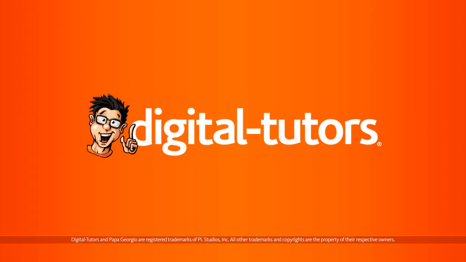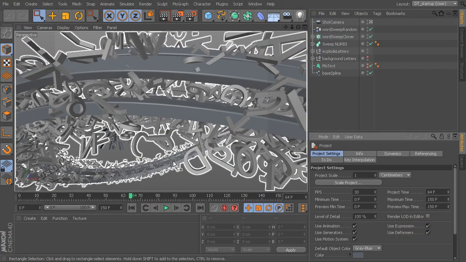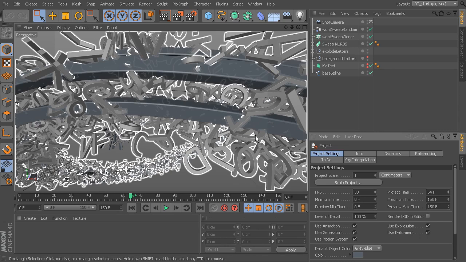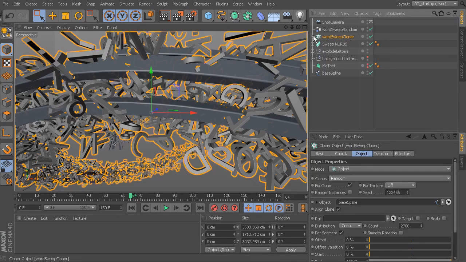In this lesson, we'll create an effector that will turn on the letters as they come across the spline. So the letters currently exist on the spline all the time, and what we want to do is transition those on as the spline draws out. So what we're going to do is go ahead and go to our cloner, which I've renamed Word Sweep Cloner just